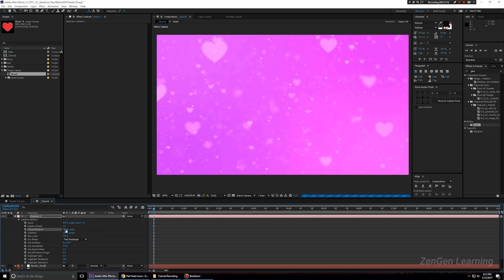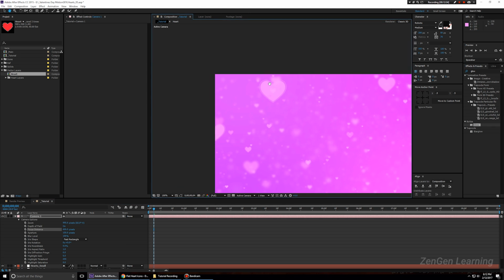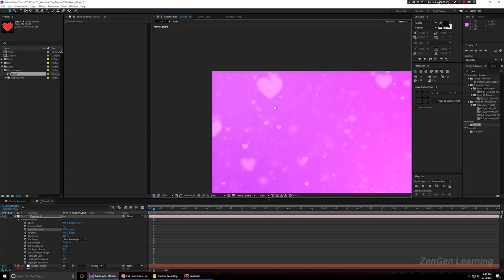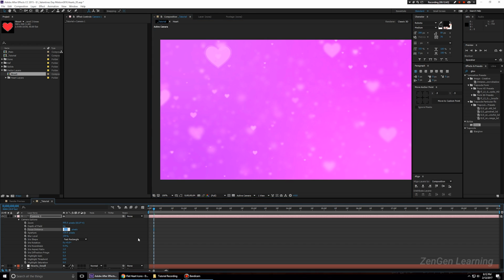So you'll have to adjust and play with the focus distance a little bit and see what gets you what. As you can see, if I'm increasing it, I'm bringing more of the background in focus. And when I decrease this down to say 600, my foreground is going to be in focus, this right here. So it depends on what kind of look you want to have, and then you can make your adjustments like that. I'm going to go for say 1200,